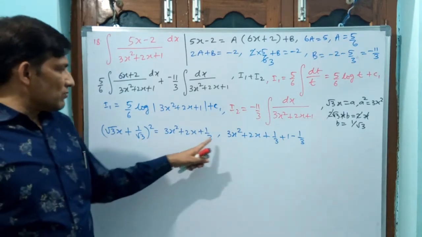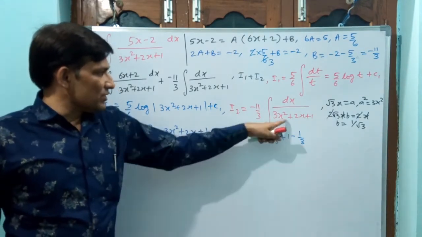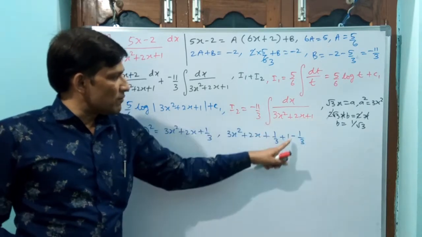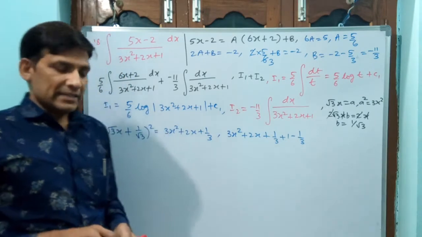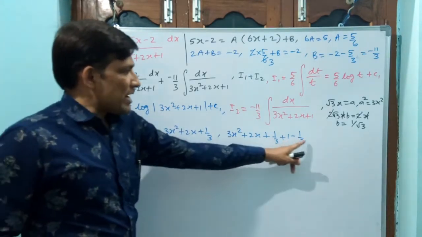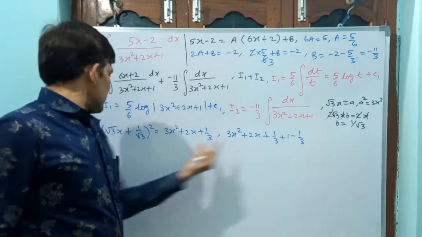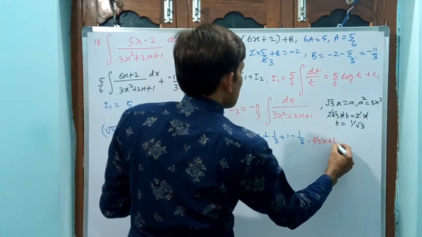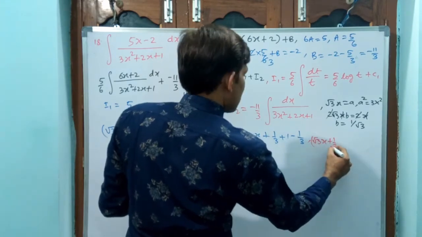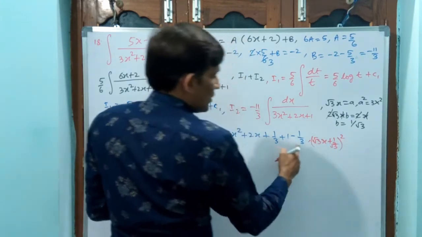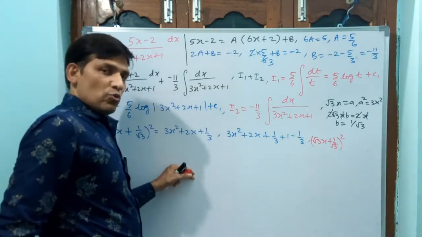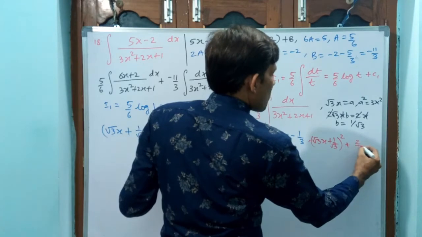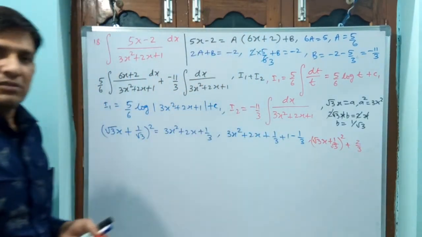See, this is equal to this one. I have put comma, but this is according to this. 3x square plus 2x plus 1 by 3 has come, but you have to get 1. That is why 1 by 3 I have deducted again. Now you see 1 minus 1 by 3 you separate, and this already you are having root 3x plus 1 by root 3 whole square. See, 3 minus 1, 2. 2 by 3 is positive. That is why you put plus 2 by 3. Is it okay now? Definitely okay.